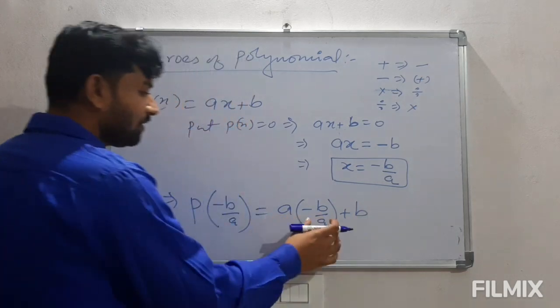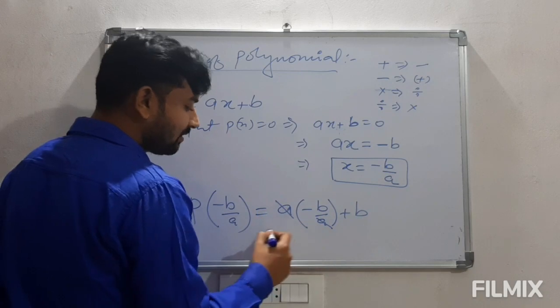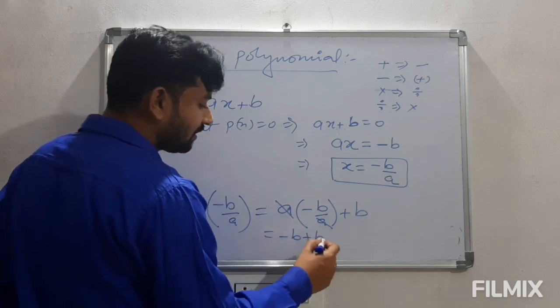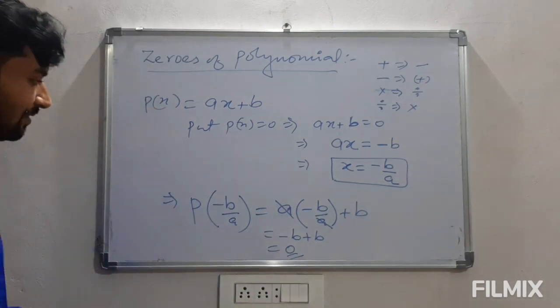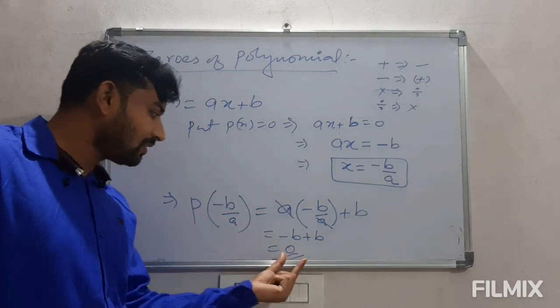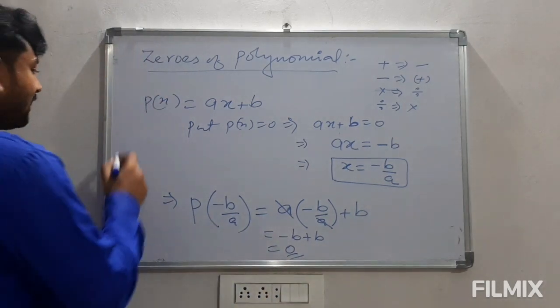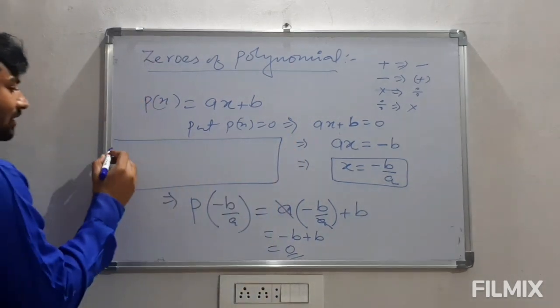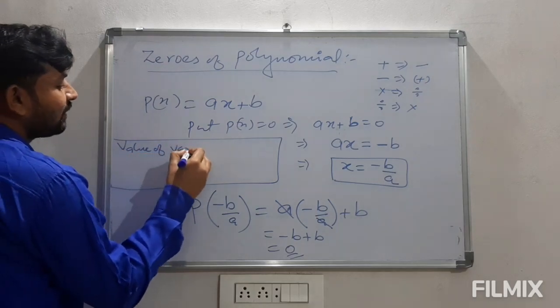Here, in place of x we have written minus b by a. This a and a get cancelled. So finally we are getting minus b plus b, which is nothing but 0. So we can say this is the value of x for which the polynomial becomes 0. From here we can write the definition of a 0, that is the value of the variable